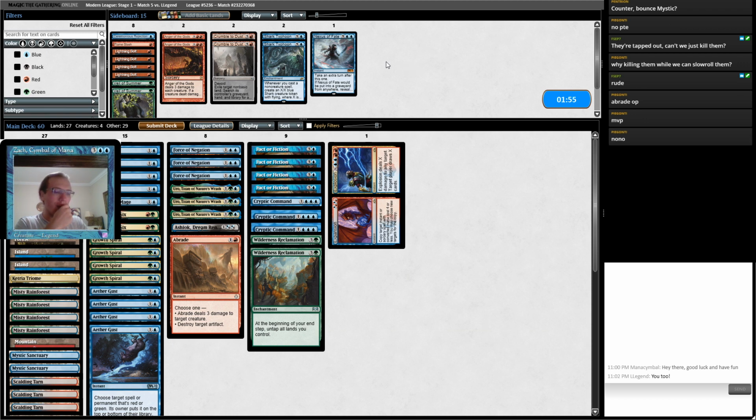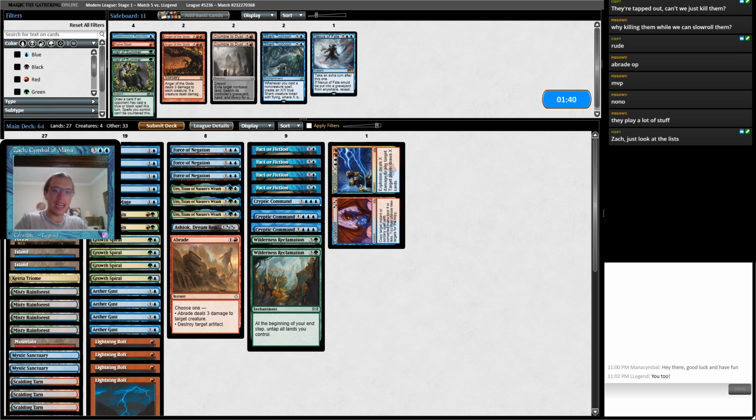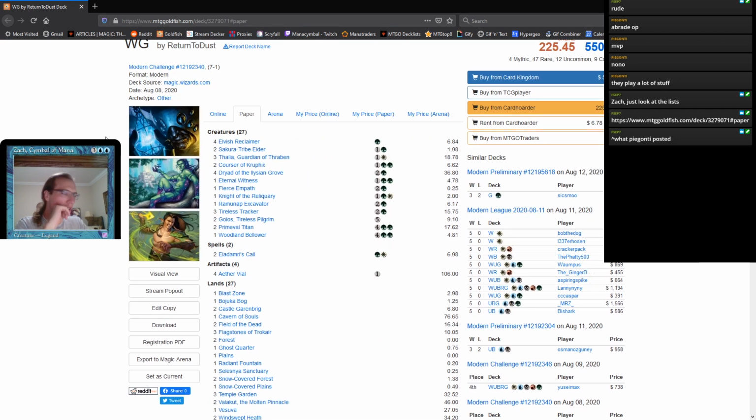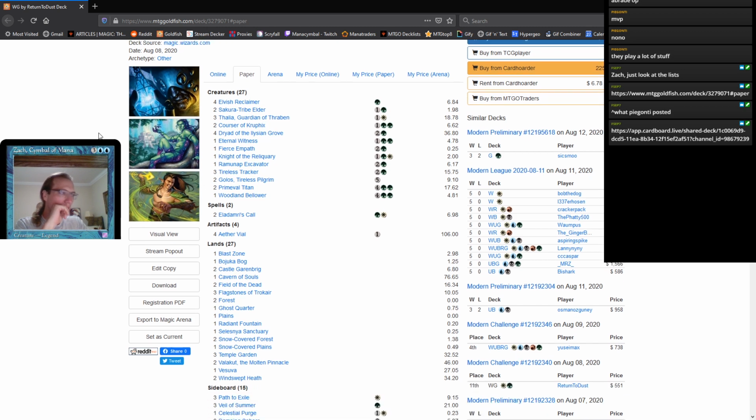No, no, no. What do I need to deal with? Sakura Tribe Scout? Thalia? They play a lot of stuff. I am aware they play a lot of stuff. Zach, just look at the... Fine. I'll look at the damn list. Holy shit. This cannot be the deck I just played against. I don't believe you. I swear they only played, like...